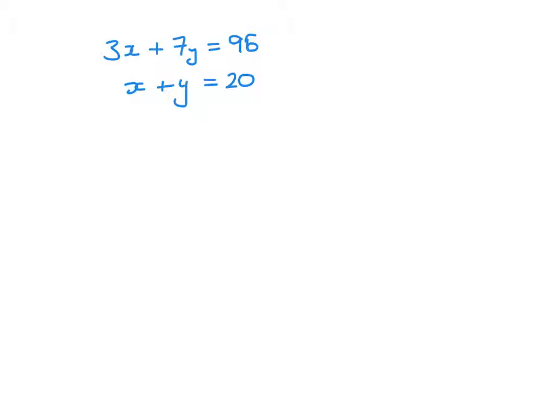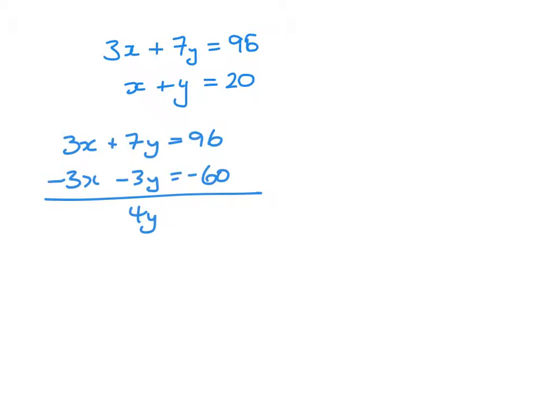To solve this simultaneously, we're going to keep the first equation as it is, and we're going to multiply the second equation by -3. When I add those two equations, I get 4y is equal to 36. Therefore, y is going to be 9